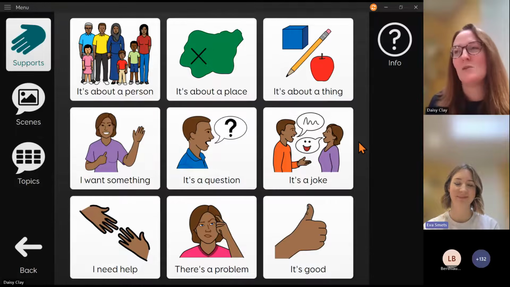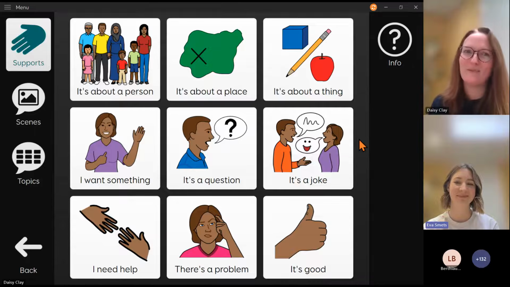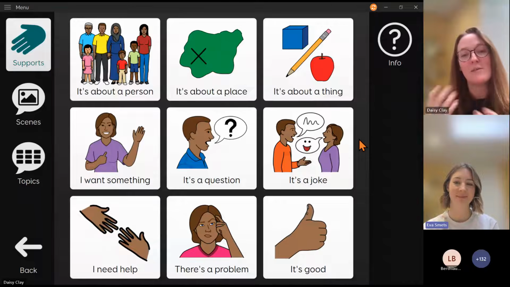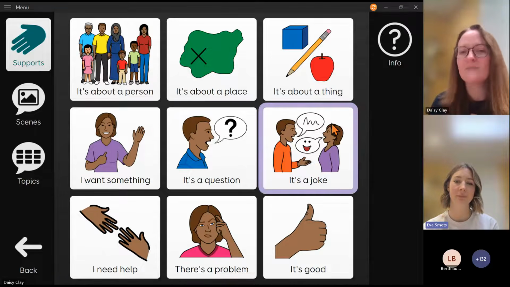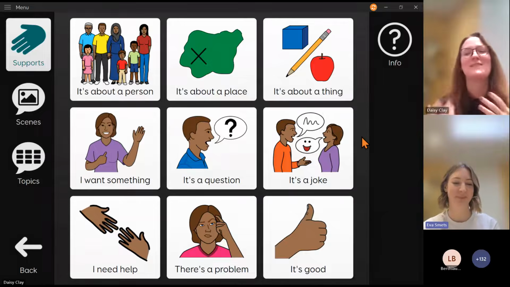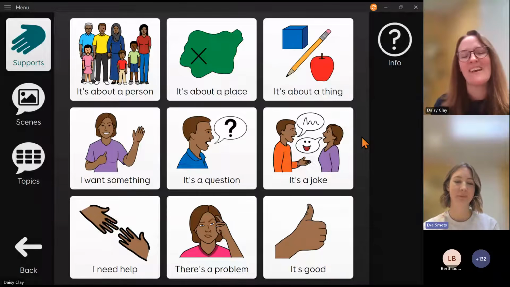But I also remember talking to a team of therapists and showing them this grid and them saying that would have been so helpful when we were talking to that person on the ward, and it just took us such a long time to get to what he was trying to tell us. And it turned out what he was trying to tell them was a joke, and they were trying to work out what the problem was and if they were telling him something, and actually he was trying to joke with them.